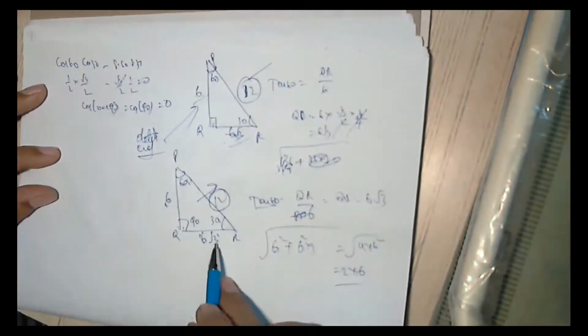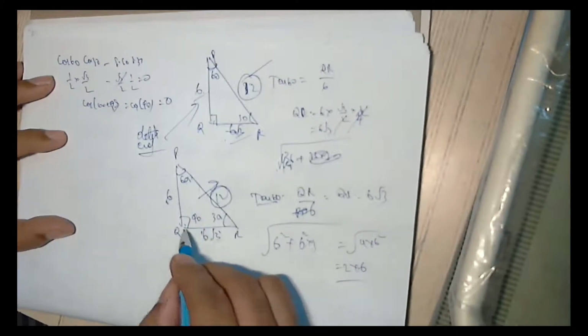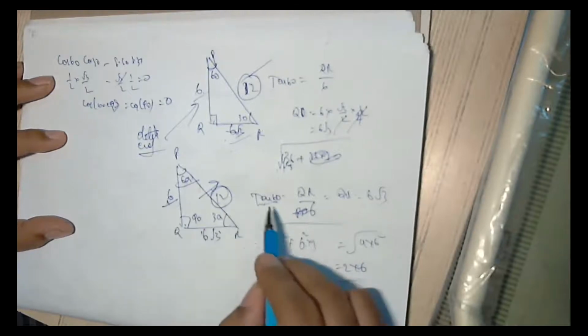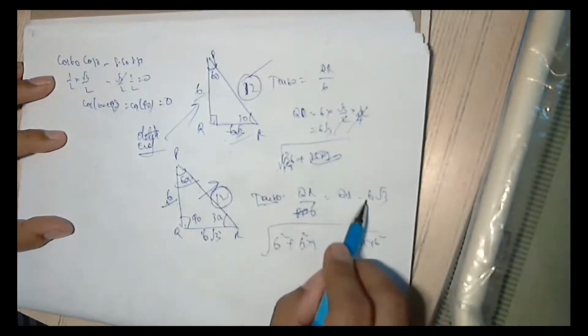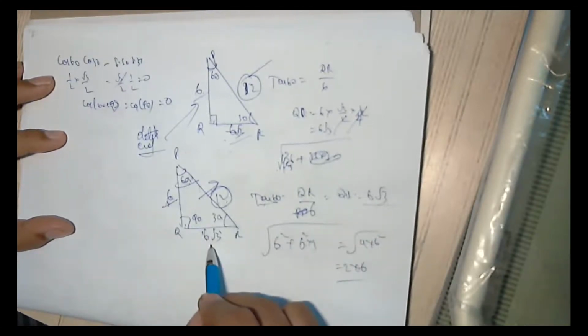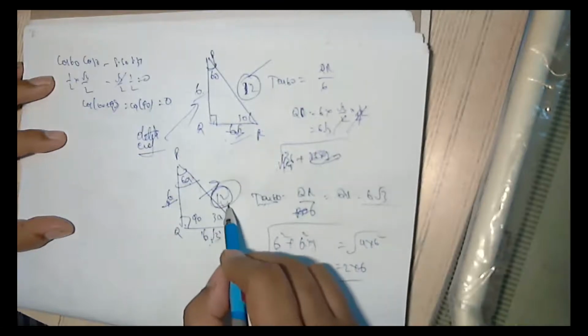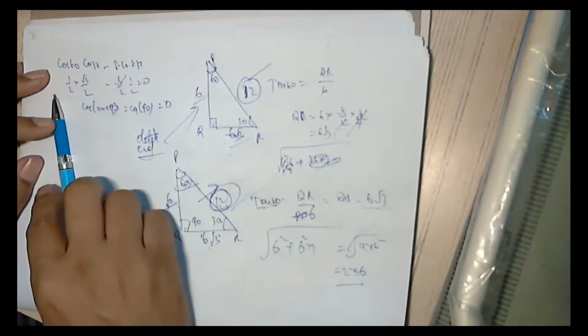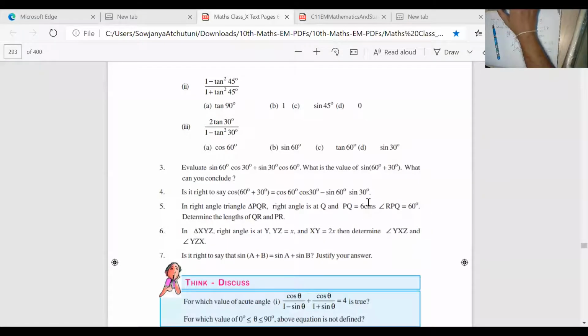We got all the 3 sides and the 3 angles. This is 6, and tan 60 is opposite side by 6. So QR is equal to 6 into tan 60, which is root 3, so 6 root 3. When we square the sides and add, we get the hypotenuse. So this is 6 square plus 3 into 6 square. Total is 4 into 6 square. So 2 into 6 is the answer when you remove the root. So 12 is the third side. So this we have done.